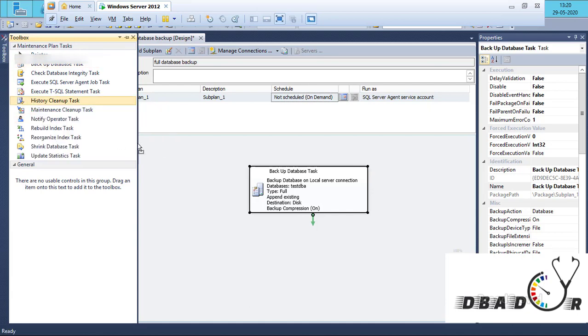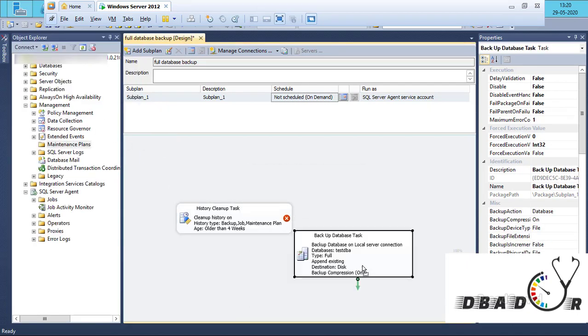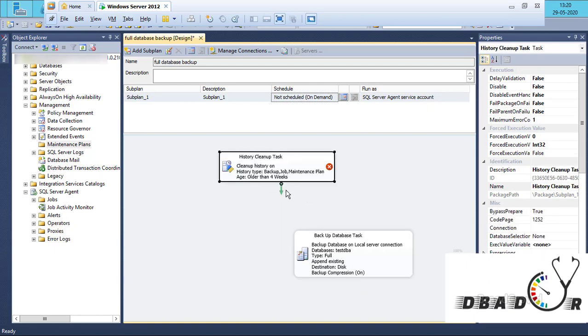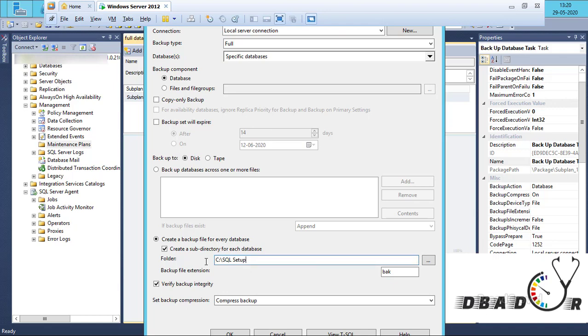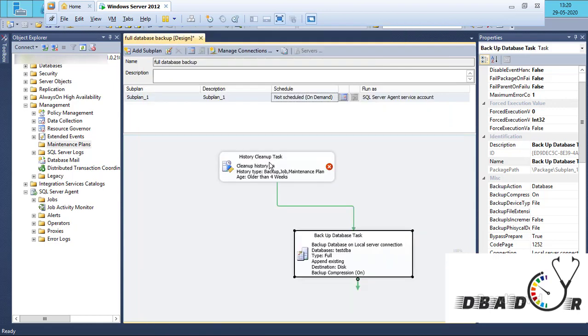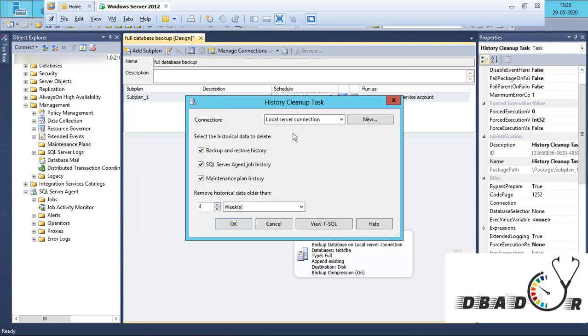cleaning up a database. So backup cleanup should happen early, only then there should be a good reason. Okay, so in these locations we are cleaning.